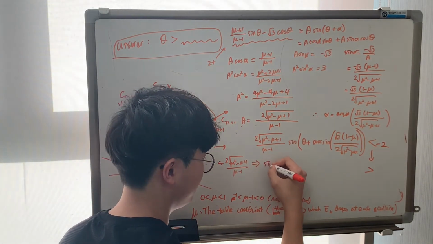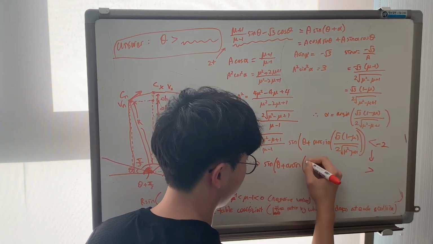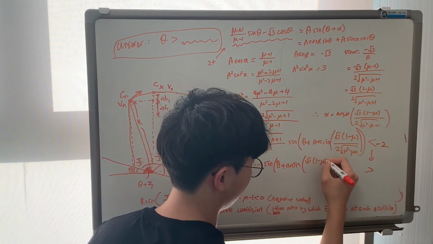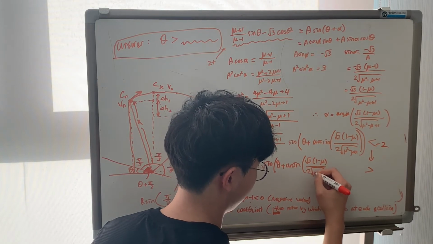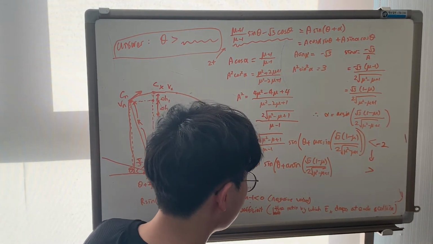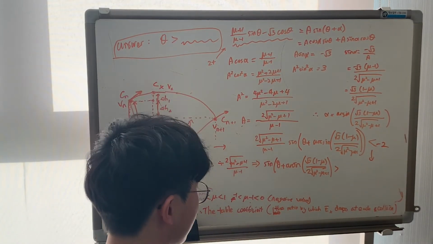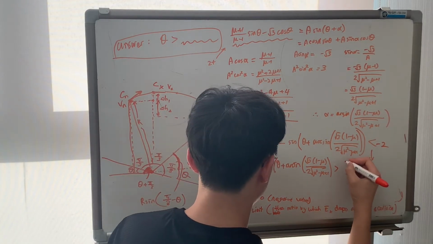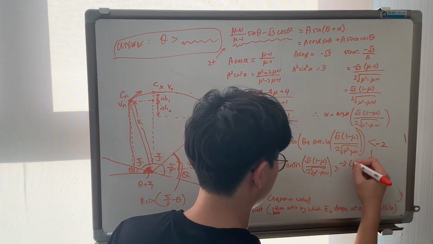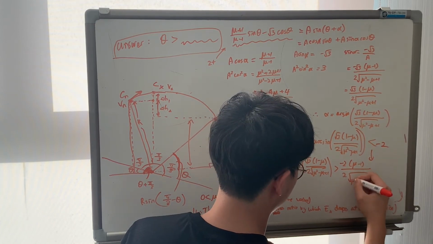So sine of theta plus arc sine of all that is going to be bigger than minus 2 divided by that, which is minus 2 times mu minus 1 over 2 square root of all that,